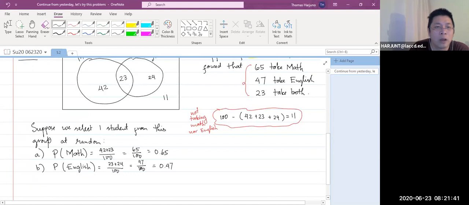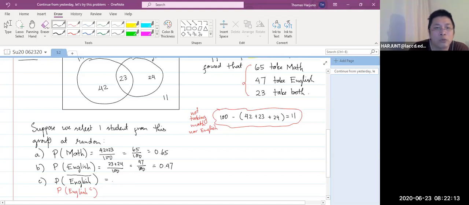How about the probability of not taking English? So the notation will be like this. Our textbook, by the way, will use this notation. Okay, that's what our textbook will do. Now, either notation you use,